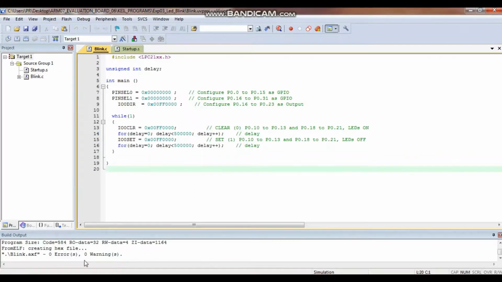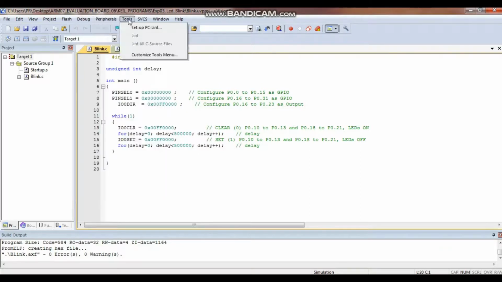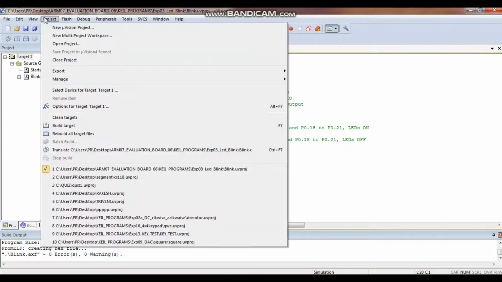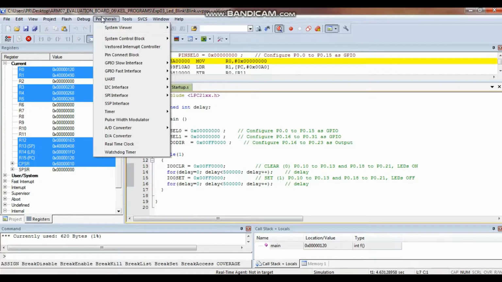You can see here, now to check whether all these things are working fine. Okay, these are all working fine. Let us go to the debug session. So in the debug session, now we'll run the program. Okay, no issue. Now next, go to port 0 in the GPIO fast interface.